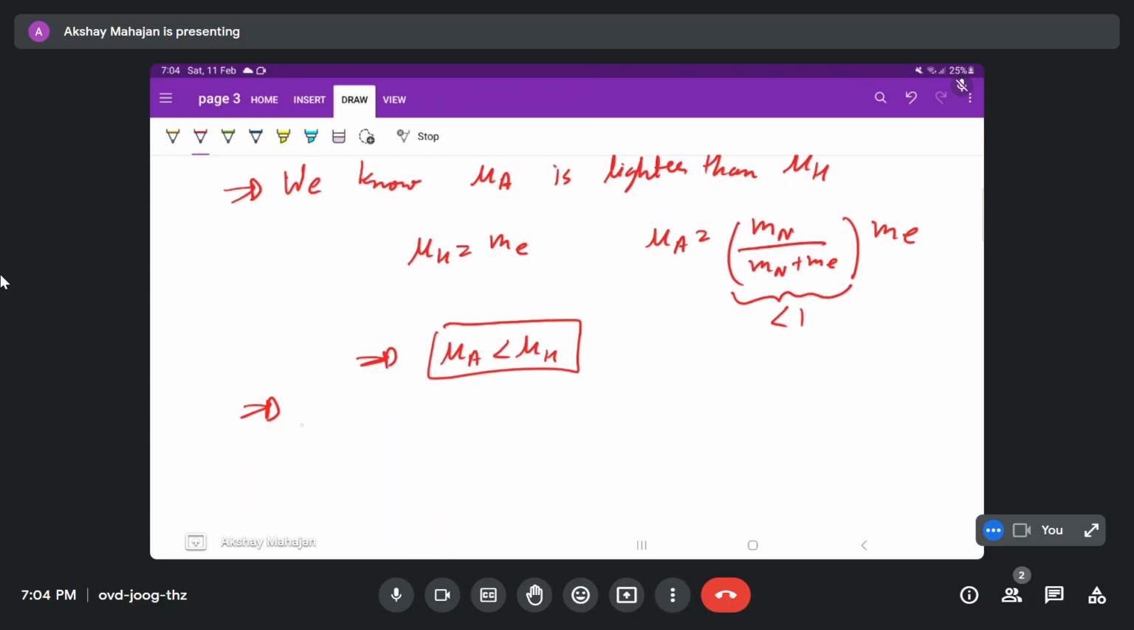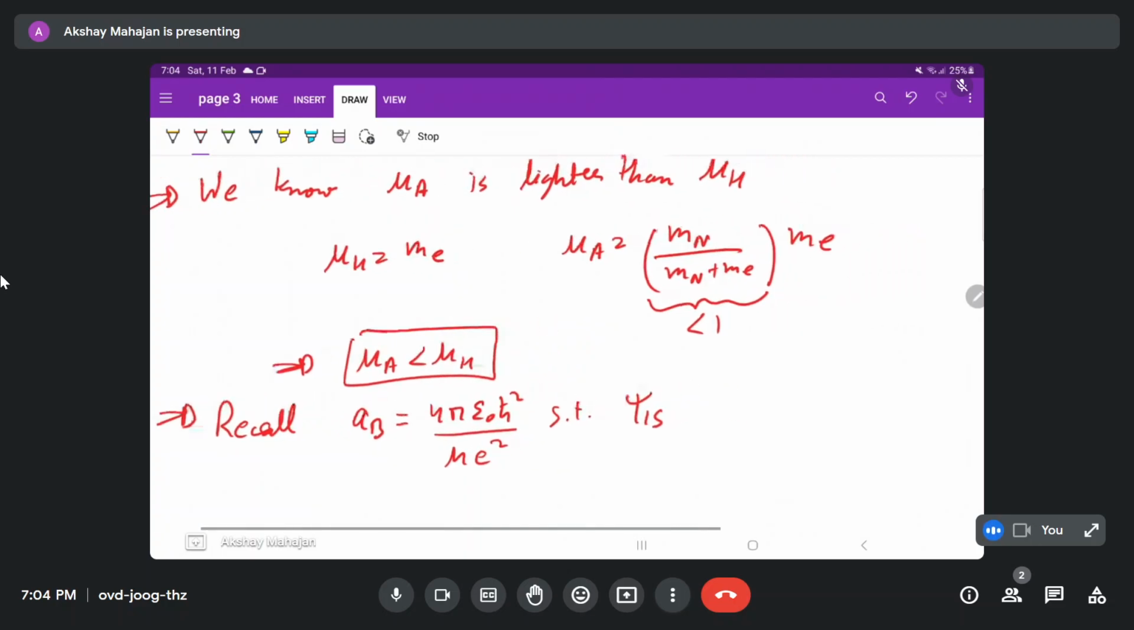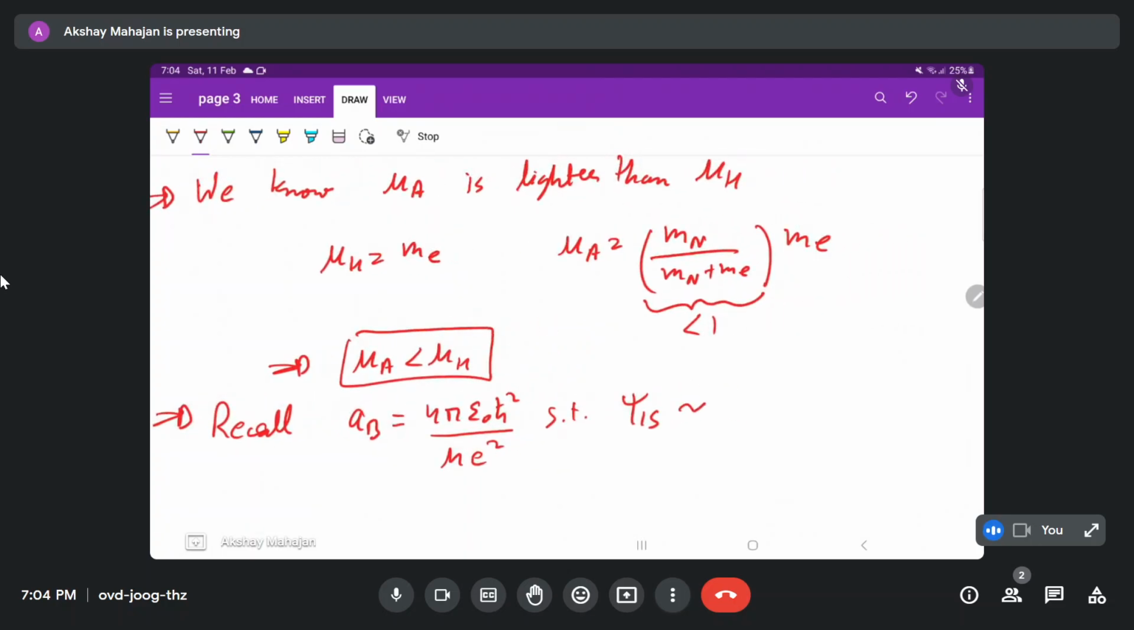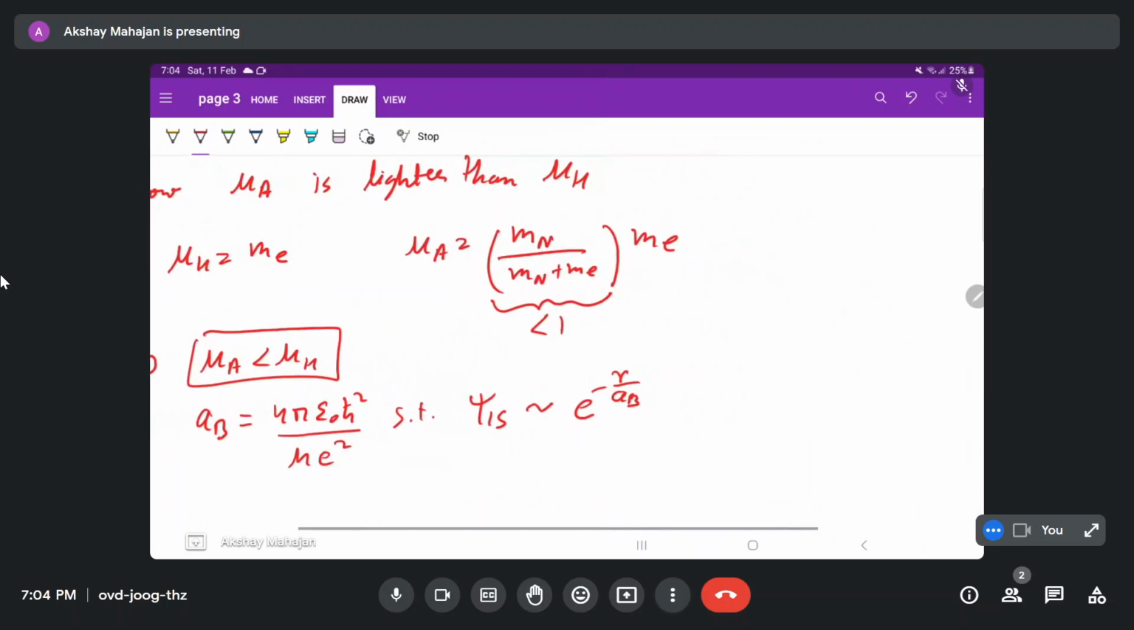Now, if you recall, you must have been told that this is our Bohr radius. a_B is given by 4 pi epsilon naught h bar squared divided by mu e squared. And we know that our 1s orbital, approximately, you can write as just e to the power minus r upon a_B. Right? Now, if our